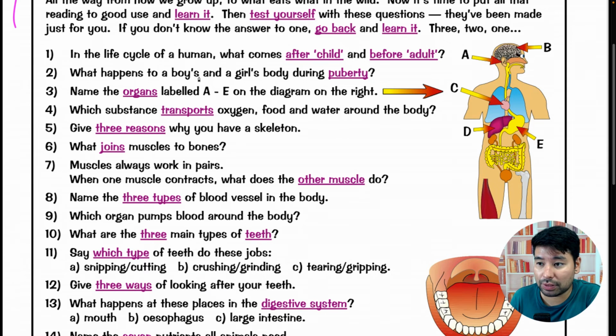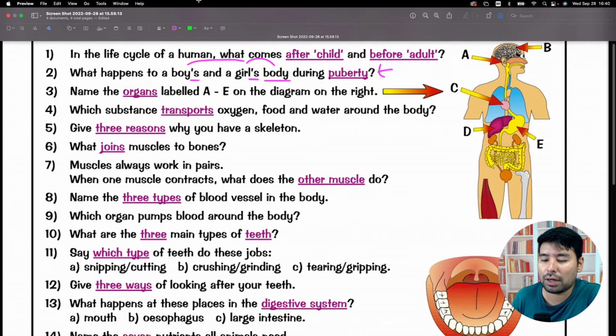Remember, right? Não se esqueça que quando tem boys, esse apóstrofo S quer dizer que o item que vem depois pertence a eles, ok? Boys and girls, boy, apóstrofo S, quer dizer que algo do boy, algo da girl. O que nós estamos falando? The body, body do corpo, right? Então, não se esqueçam disso. Né? During puberty. O que é puberty? Se você não lembra, volta lá no livro, tá bom? Number 3.